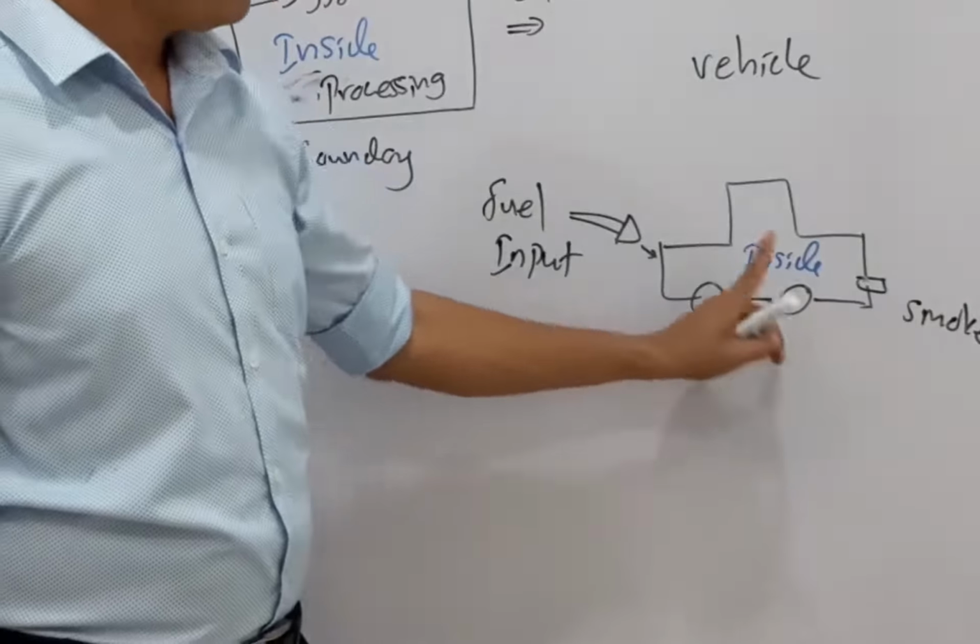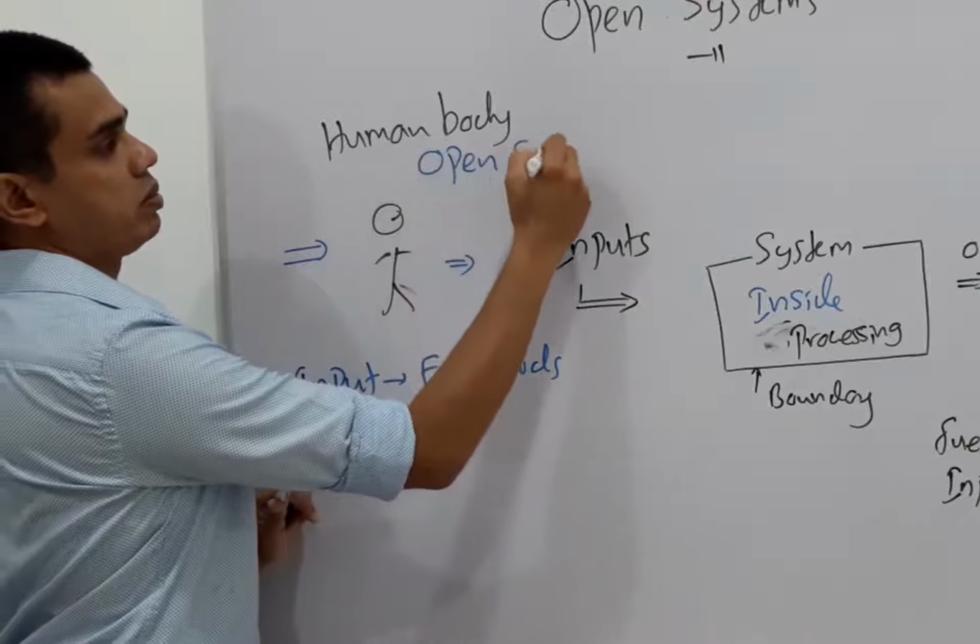The other example is the human body. Is this open or closed? Just analyze. Now, for the human body, what are the inputs? We people, we eat. That means foods. Are they generated within the human body itself? No, we have to take them from outside. The inputs are coming from outside the system boundary. And the things that we give out, we exhale, and there are many other outputs. So all are going to the surrounding. So the human body is another open system.